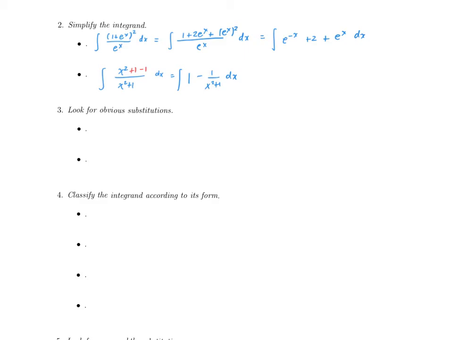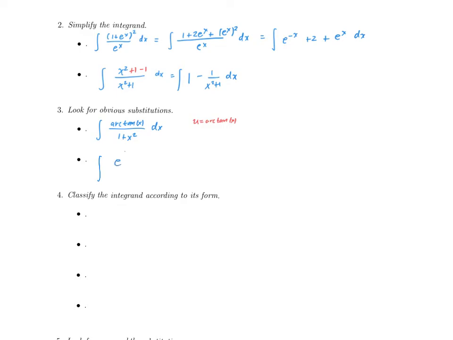You would also want to look for or try any obvious substitutions. So an obvious substitution, I would say, is when you can very clearly see some function derivative pair. In this case, if you were to let u be arctangent,